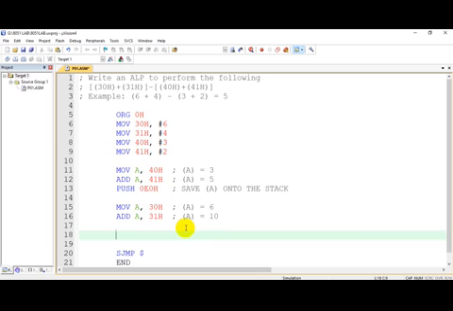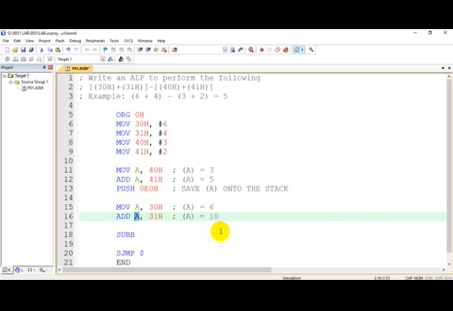Now you have to subtract, right? Whatever the sum you have got with this, you have to subtract from this sum. For that, what is the instruction? You have to use SUBB. Now we already have the sum of 30H and 31H in accumulator.